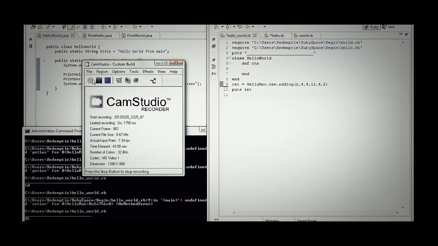What we're going to do now is look at accessing the variables, the class variables in the class from outside the class. And by default they are private, but just like in Java and C++, you can access them with get